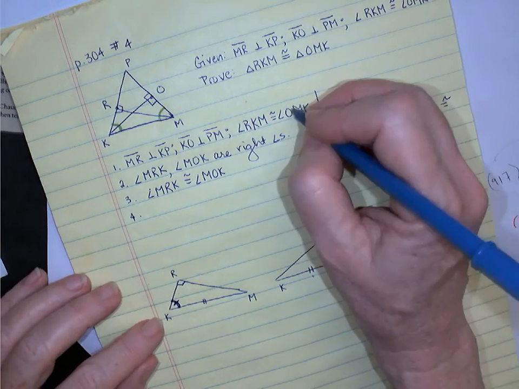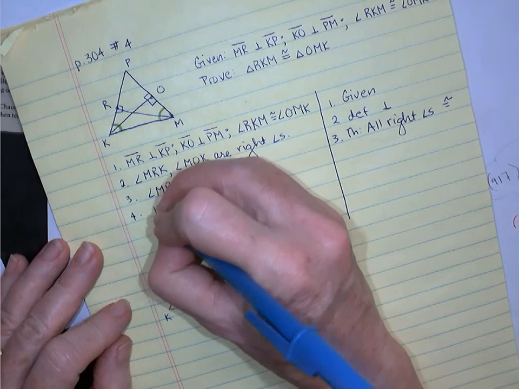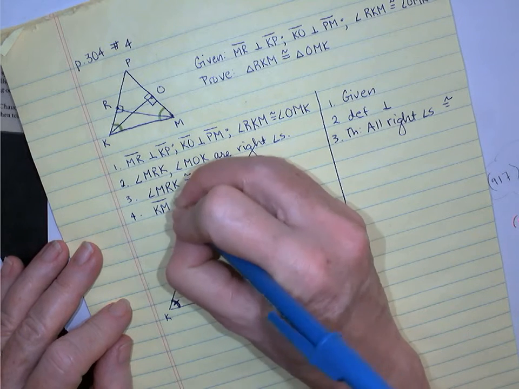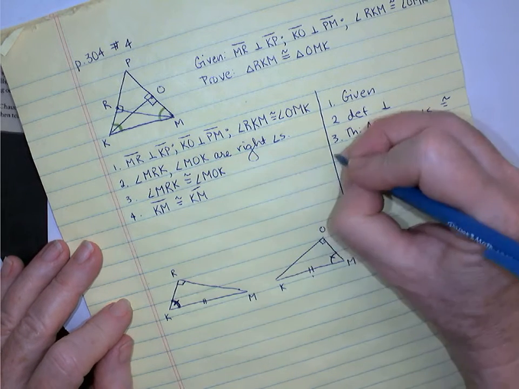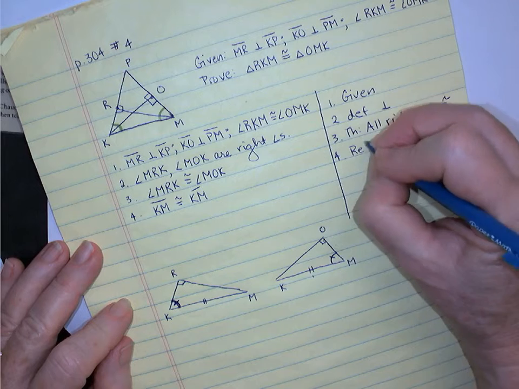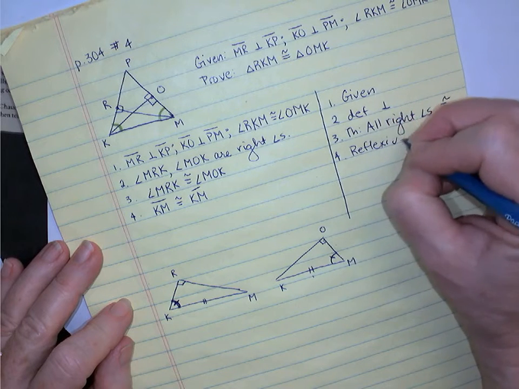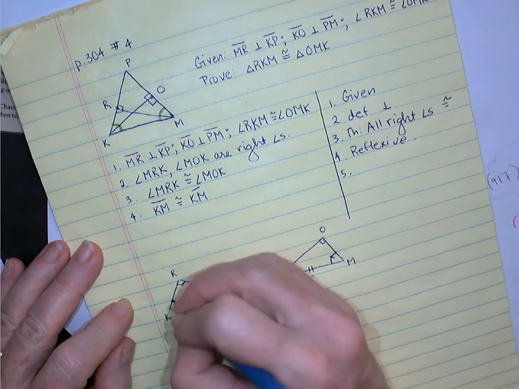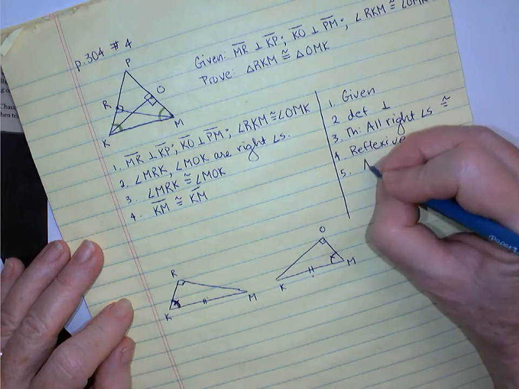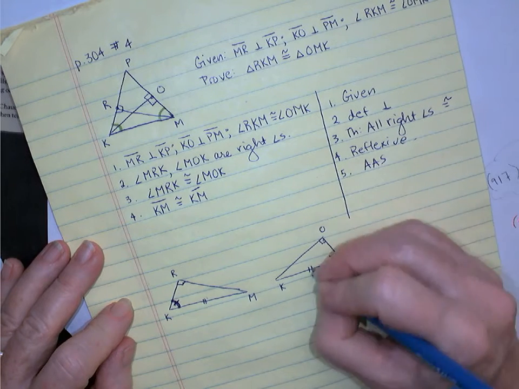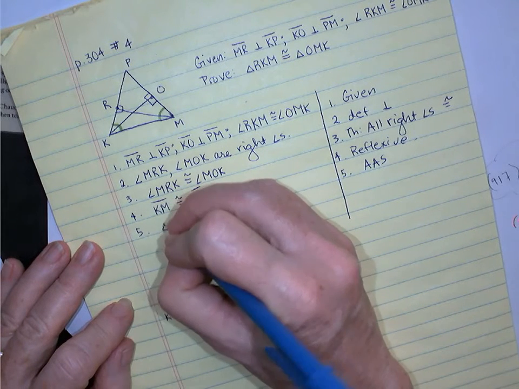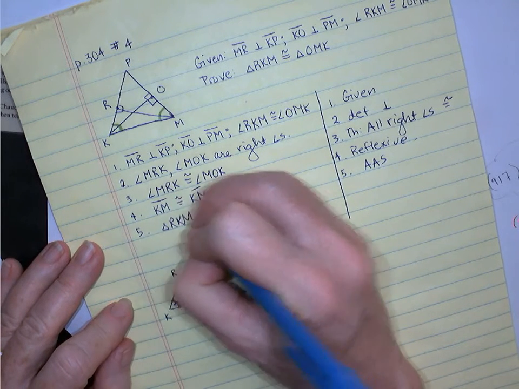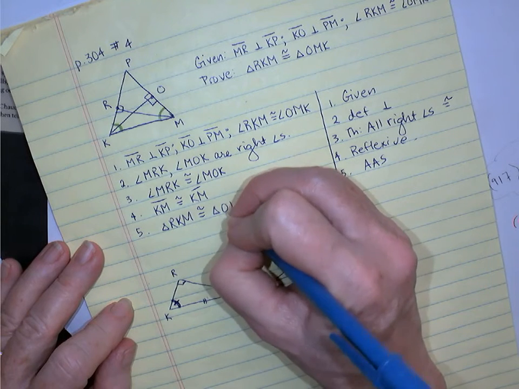And let's see, so there we have one pair of angles. We had another pair of angles in our given, and let's just say that KM is congruent to itself by reflexive. And then we are good to go. By angle, angle, side, we can say that our two triangles,